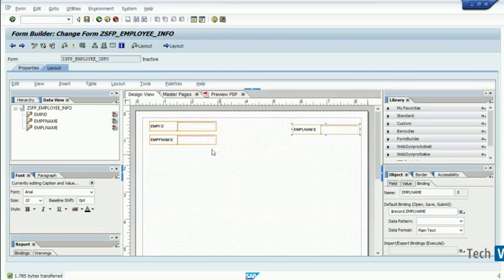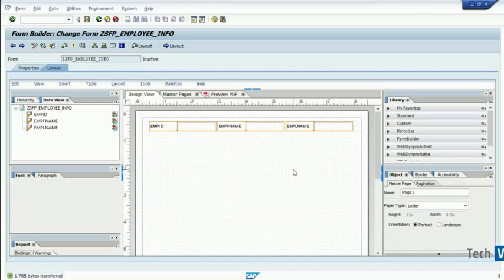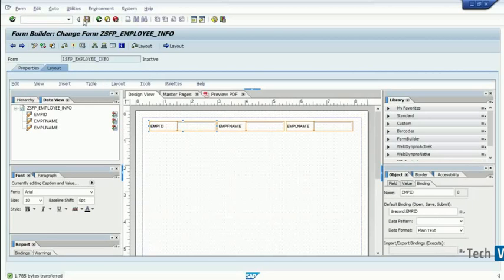Now I'm going ahead and placing these fields in a sequential order. As I said, I'm not really looking to build a very hi-fi form where you have all the cosmetic changes and layout properties and so on. So I'm just placing all these three elements. And the next important thing you have to remember whenever you are trying to include a